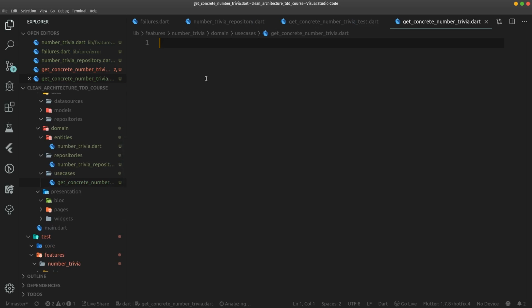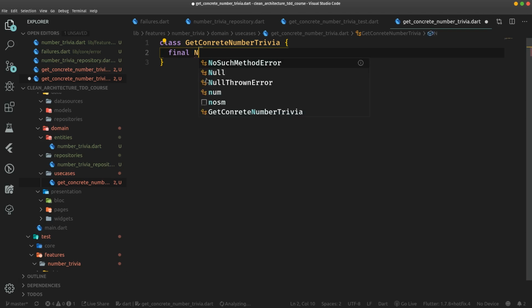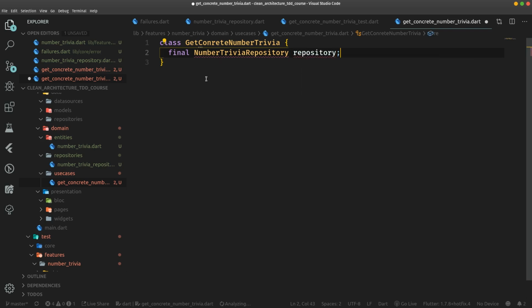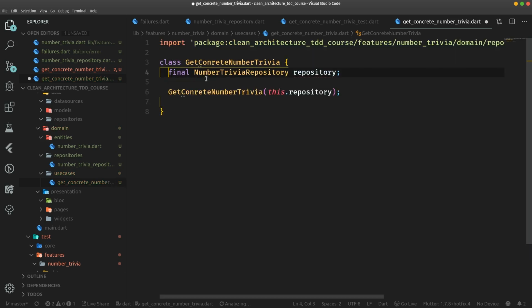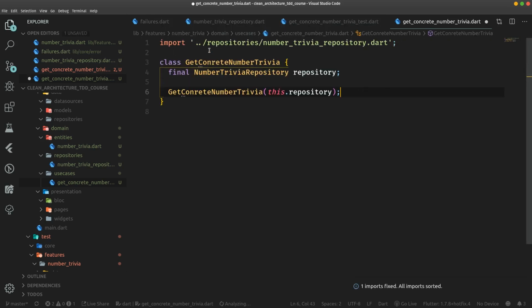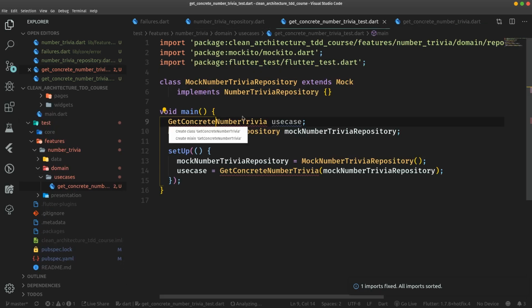And this will be just a simple class for now, GetConcreteNumberTrivia, and it will accept a final NumberTriviaRepository called repository into its constructor. So once we import it and create constructor for missing fields and fix imports so that they are relative, this is the kind of class we have now, and this is perfectly enough for this test to not complain anymore